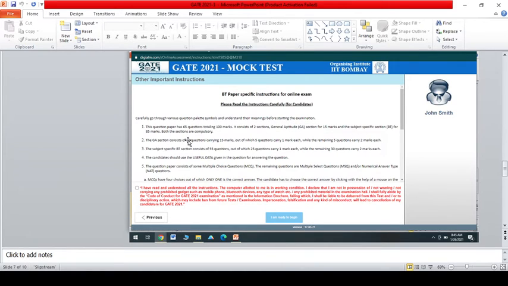General aptitude will consist of 10 questions carrying 15 marks, and out of these 10 questions, 5 questions will carry 1 mark and the remaining 5 questions will carry 2 marks. The subject specific biotechnology will consist of 55 questions. Out of these 55 questions, 25 questions will carry 1 mark, and the remaining 30 questions will carry 2 marks.